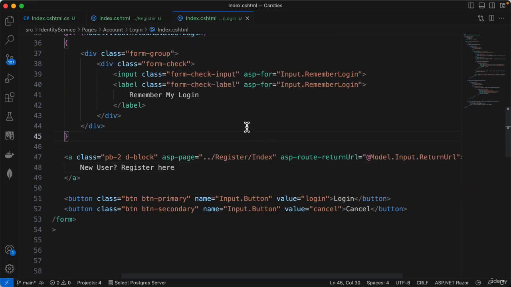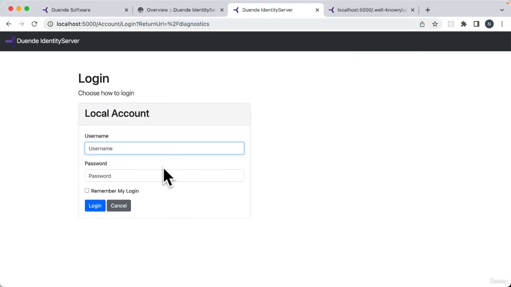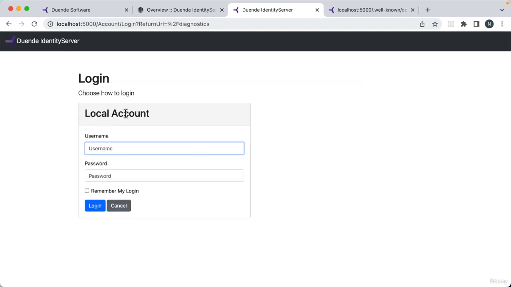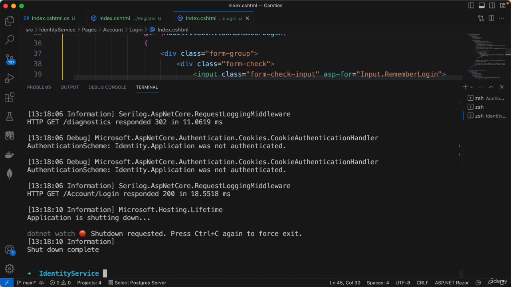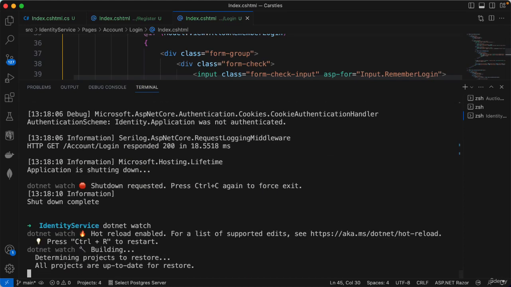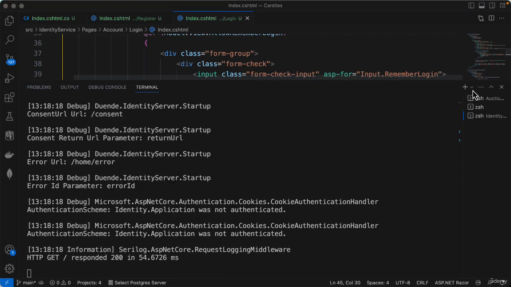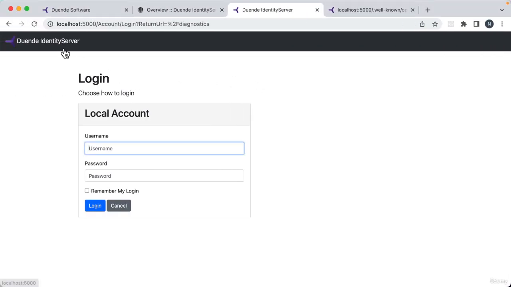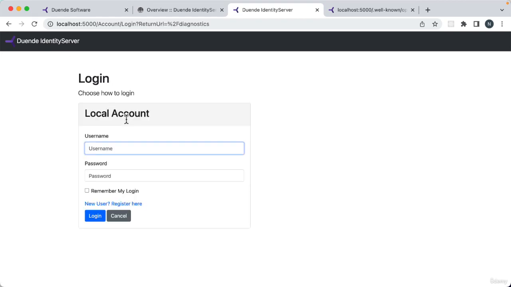And if we go and take a look at our browser, if I refresh this page, then I don't see the new link that we've just added to our login page. And if I go back to Identity Server and click here, do I see it? No. Okay, so we're going to need to restart Identity Server so that that change has been picked up. And I'll use dotnet watch, and hot reload really doesn't do very much for us, it seems, because that change we've just made to the login page, well, that doesn't show up. So let's go take a look. And if I go back to Identity Server and refresh the page and click here, now we see the link